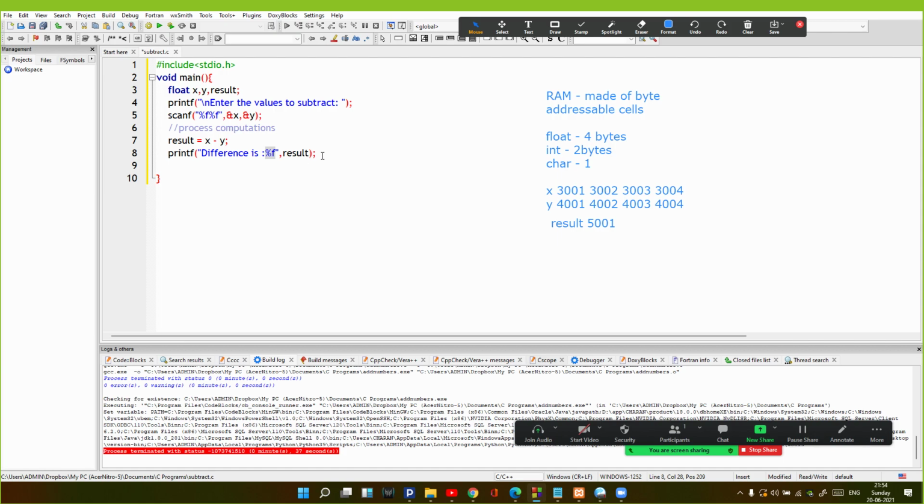So this is my complete program about subtraction of two numbers, and I have told you what the steps are to do so. The first step should be declaration of variables inside the main. Then we'll print some lines and input the values for the input variables. Then we'll calculate the result using the formula or the function that will be used to calculate the result.